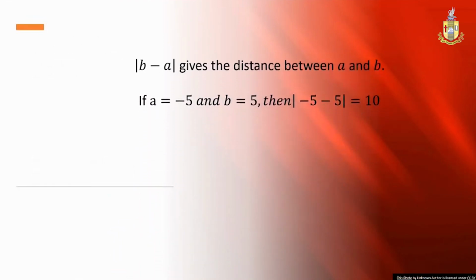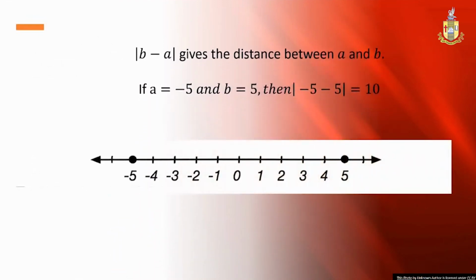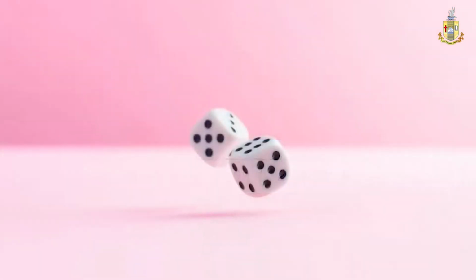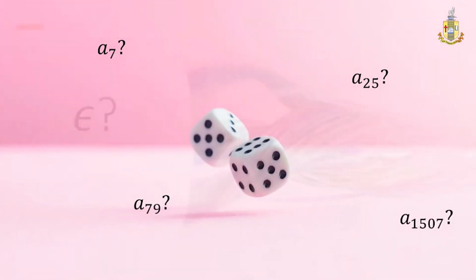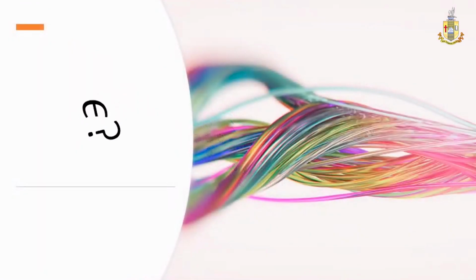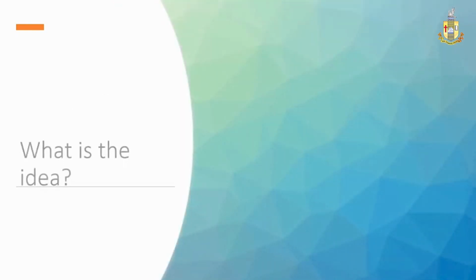Still, the definition is not clear. Can we say all the terms of the sequence will satisfy the inequality? If not, then what are all the elements that will satisfy the inequality? What about the epsilon? Can I change the value of epsilon? Since the comparison differs from person to person, we must be clear defining the convergence so that nobody questions us.